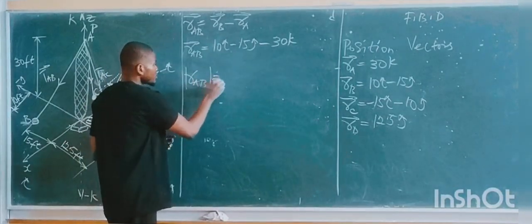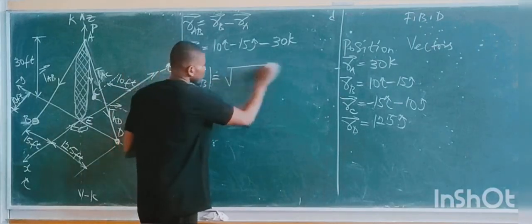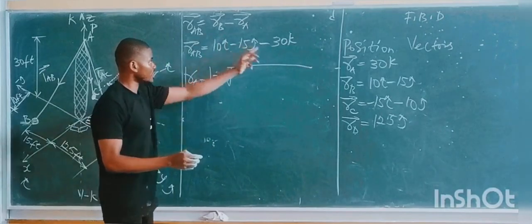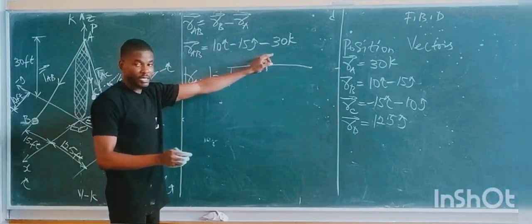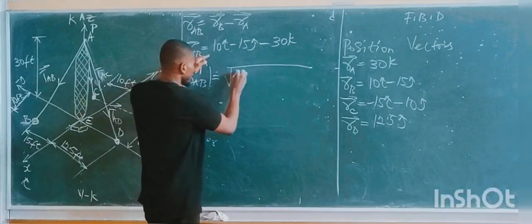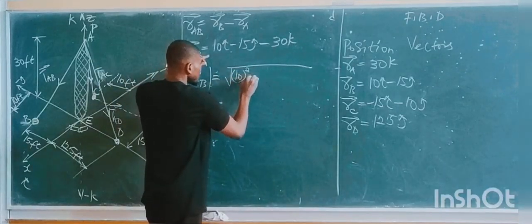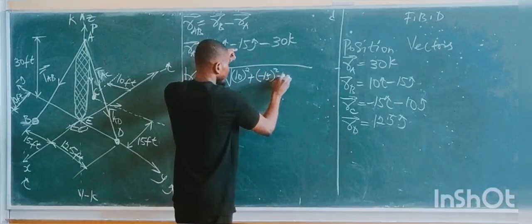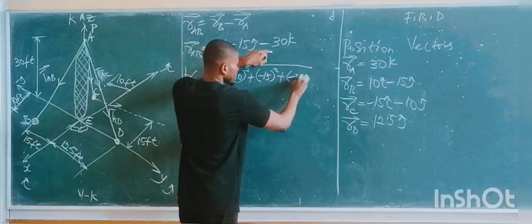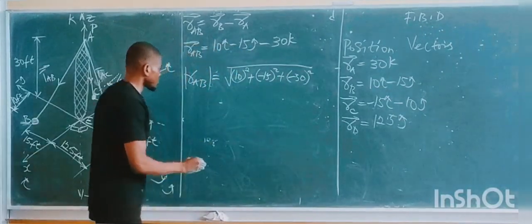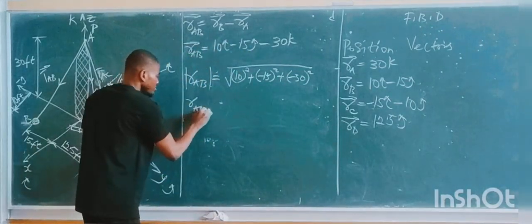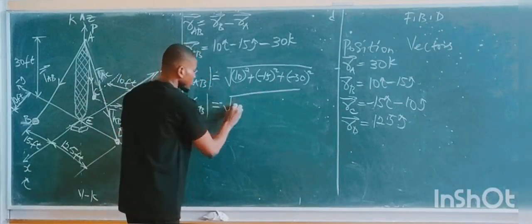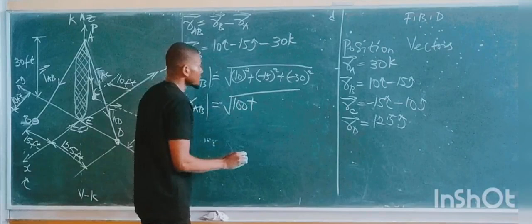Okay, and that magnitude is simply what? The square root of the square of the individual terms, summed up. Take the square of the individual terms, then add them up. So you simply have 10 squared plus minus 15 squared plus minus 30 squared. That becomes the magnitude. So RAB magnitude is equal to 10 squared, which is 100, plus 15 squared,